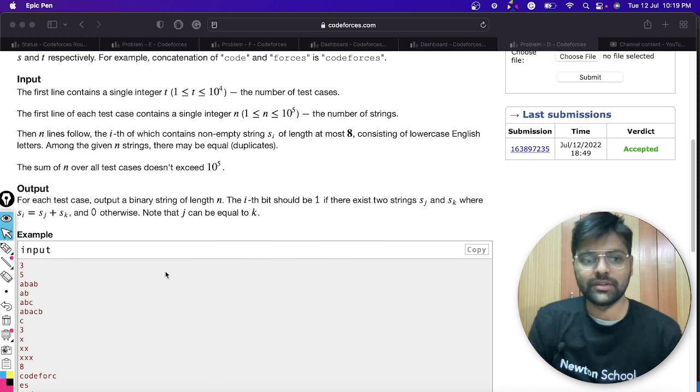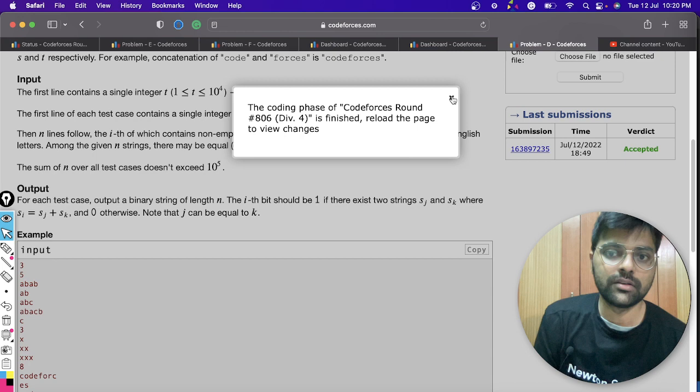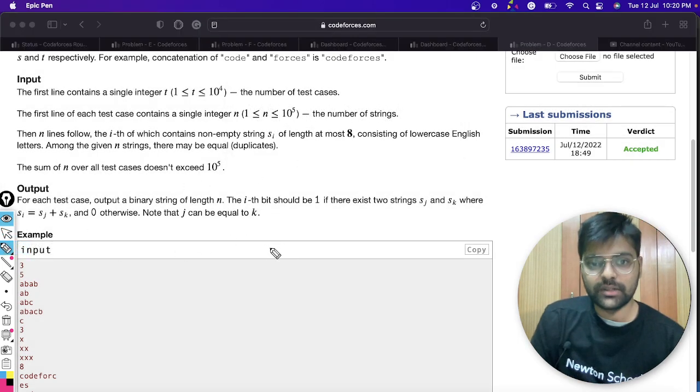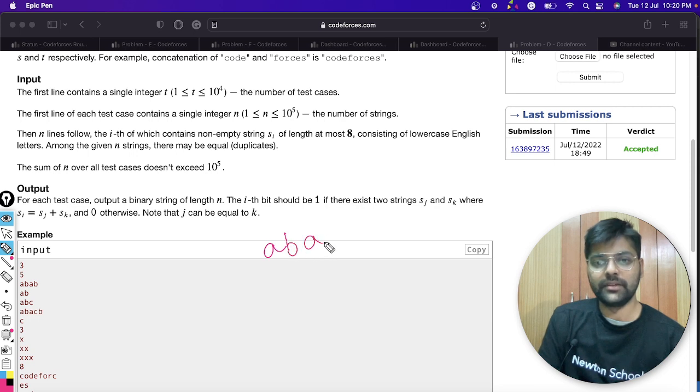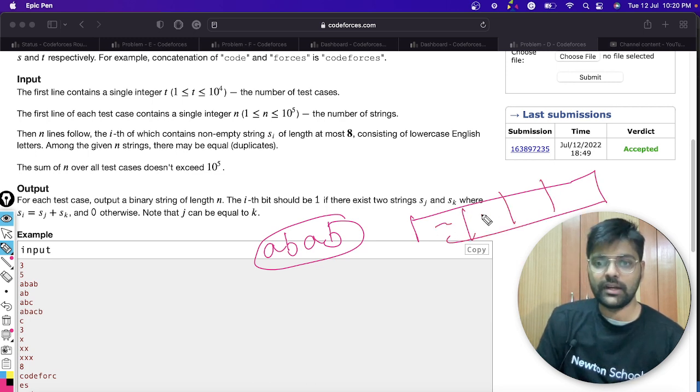So what we know, it is given that, let's say we have a string ABAB, right? And we had maintained a hash, right?